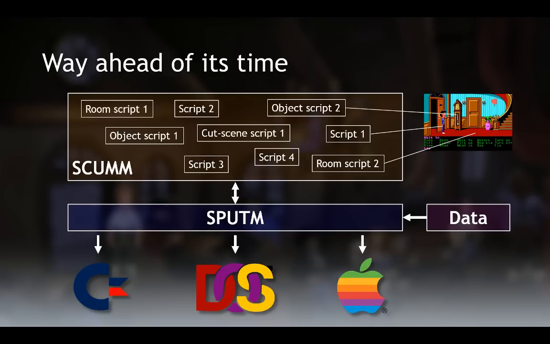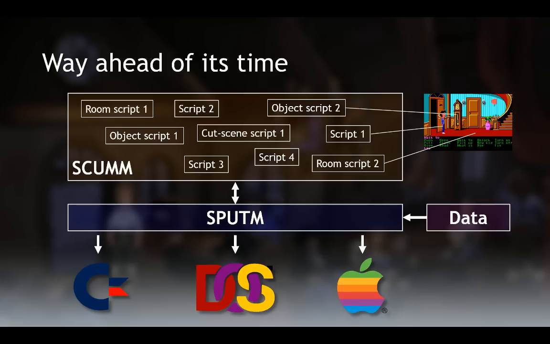And the rumor has it the way this came to be is because when Ron Gilbert was first prototyping ideas for Maniac Mansion, he realized that he would not be able to make this game just writing assembly code. So he got together with two of his colleagues, Eric Wilmunder and Chip Morningstar, and these three came up with the idea of essentially an interpreted language where you would be able to write the kind of gameplay logic